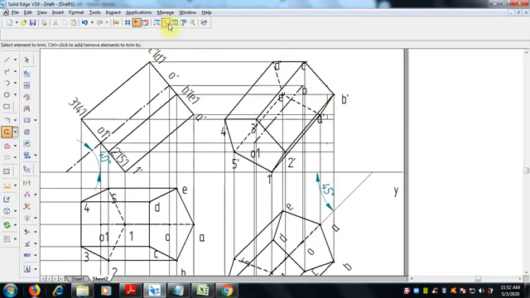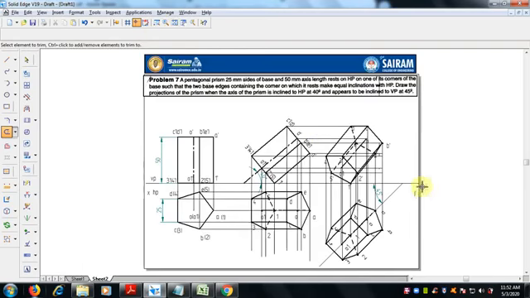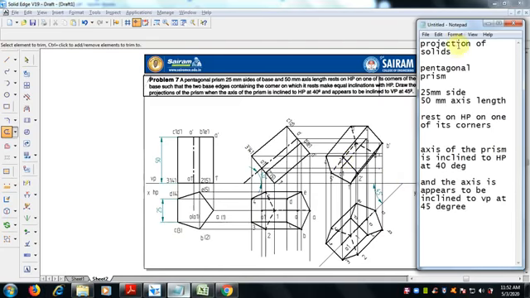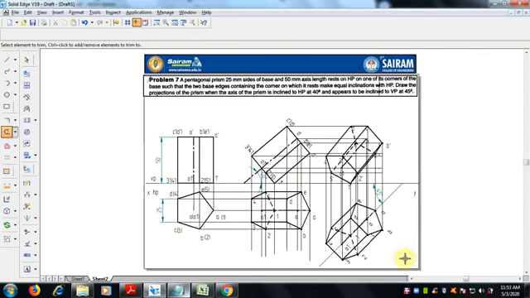Now this is the final, so you can check it. Projection of a solid pentagonal prism: 25 mm side, 50 mm axis. The axis of the prism is inclined to HP at 40 degrees, and the axis appears inclined to VP at 45 degrees. So this is the final solution.